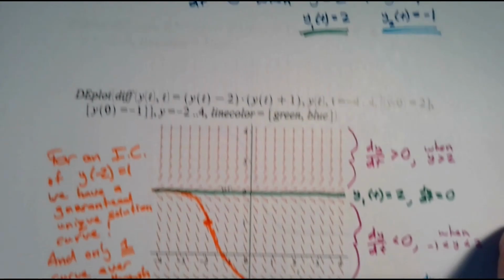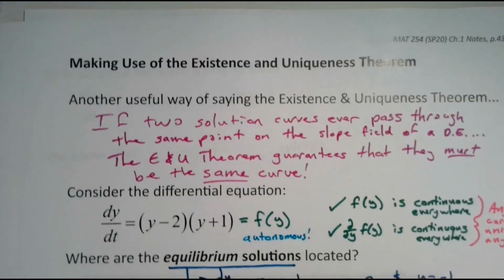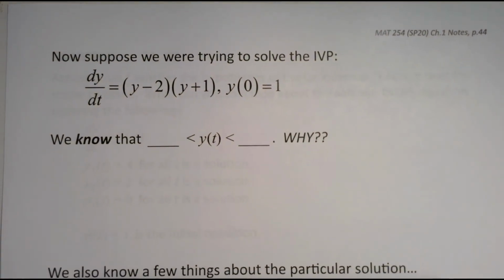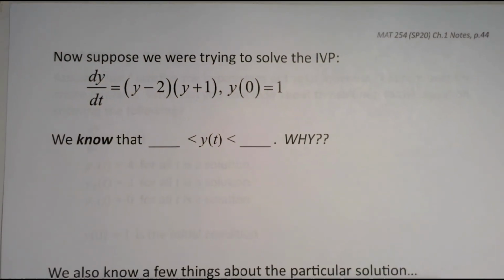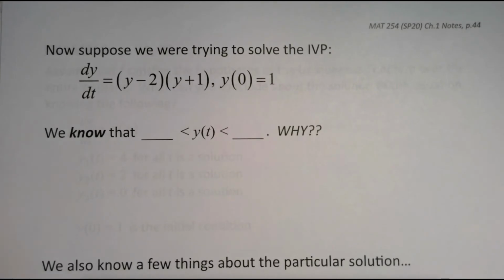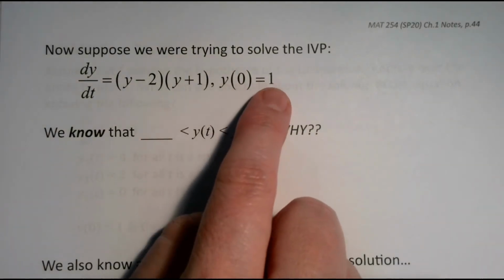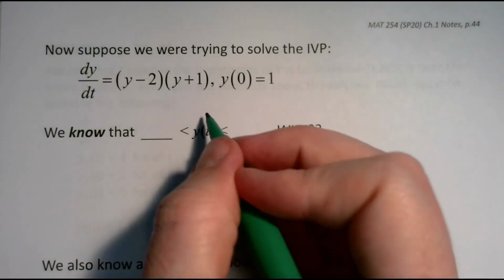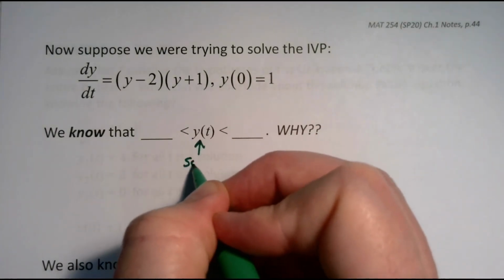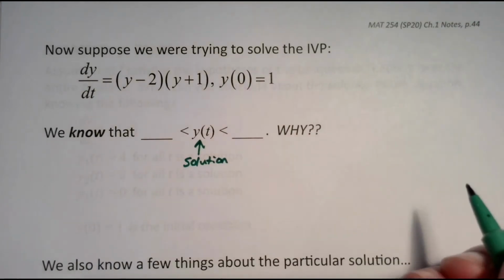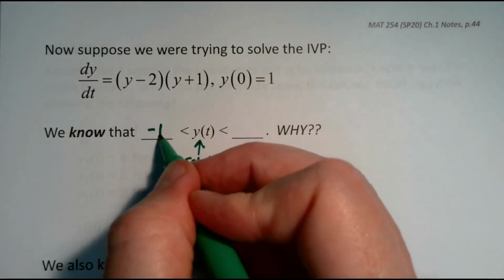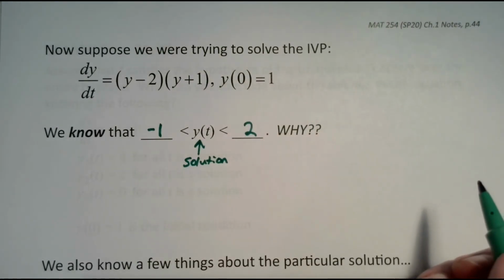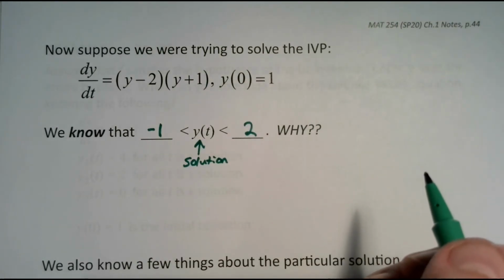So that's pretty handy to keep an eye on. And so the next page, and this is the last page of notes for this section, there's some examples, but the last page of notes for this section says, now what if we're trying to solve this initial value problem? Well, we know for an initial value that starts at a height of 1 that this solution curve right here, that's our solution, is going to be trapped on the bottom end by a height of -1, and on the top end by a height of 2. We know that the solution has got to be between these,